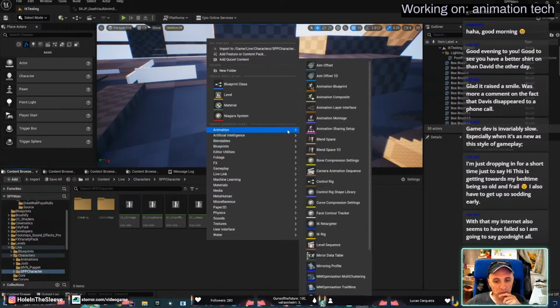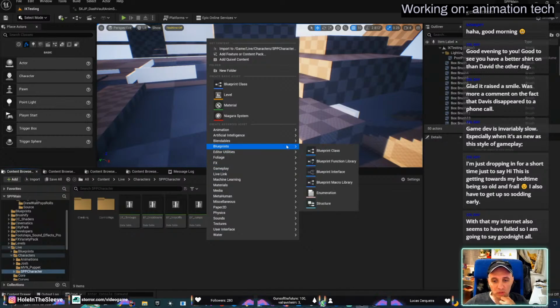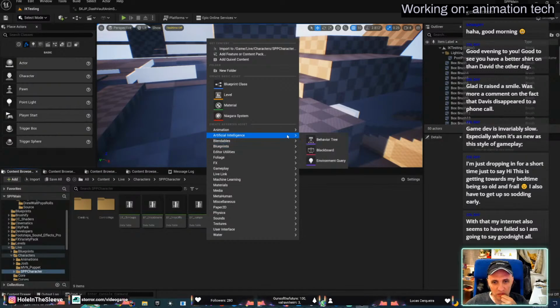Send animation. Doesn't have to. How do you add the data table? Blueprint, for sure, right? Artificial intelligence. Oh, well.